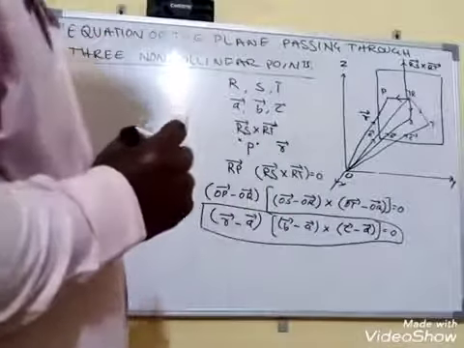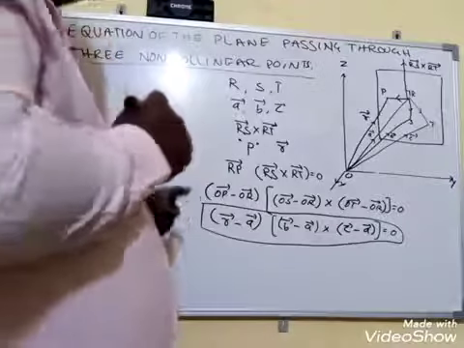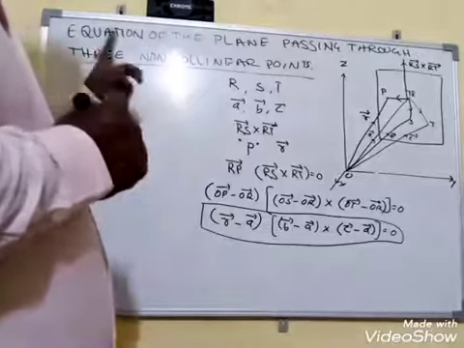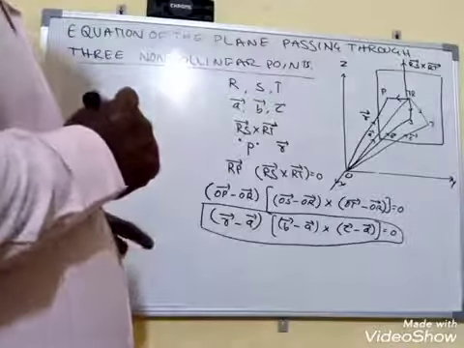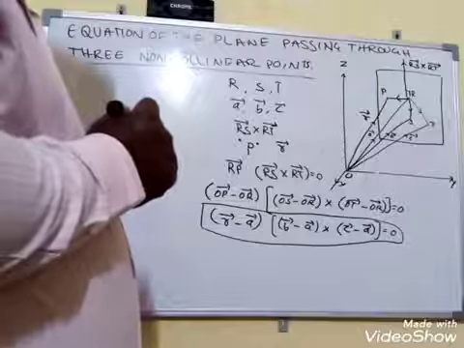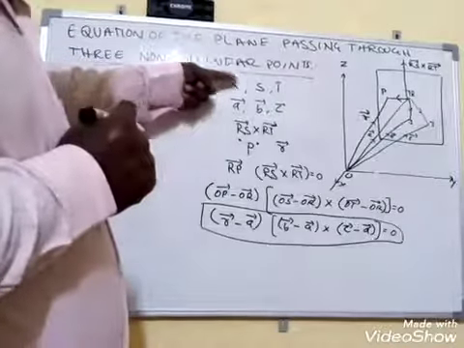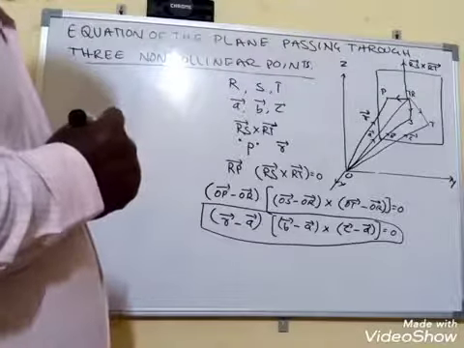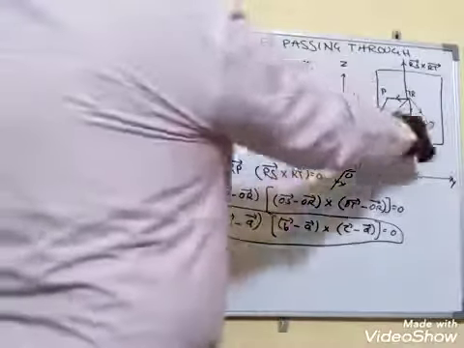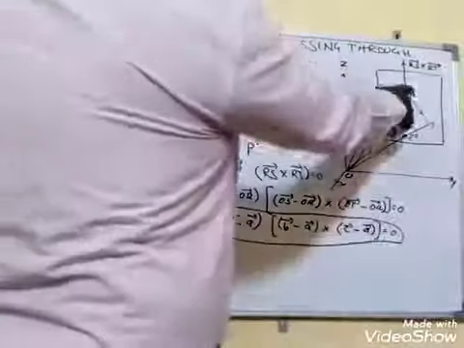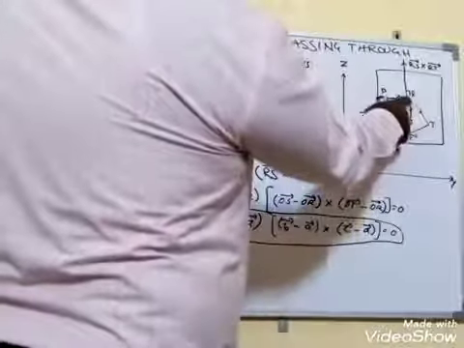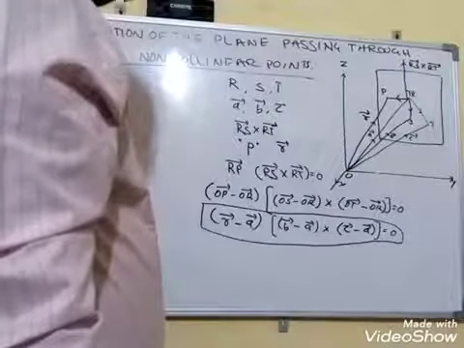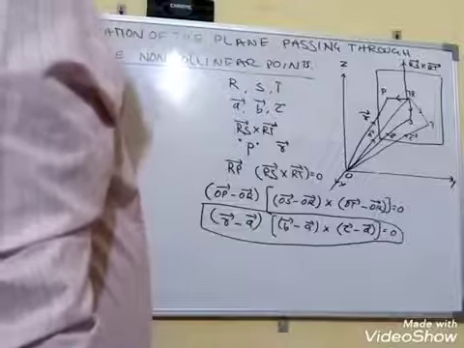Here, once again I am repeating this one. In this class we are going to discuss the equation of the plane passing through three non-collinear points. Now here, let R, S, T be the three non-collinear points on the plane. Now these are the points R, S, T. Now what are these vectors? This is RS bar and RT bar. Both vectors lie in the plane or not? If two vectors lie in the plane, then what are you going to get?